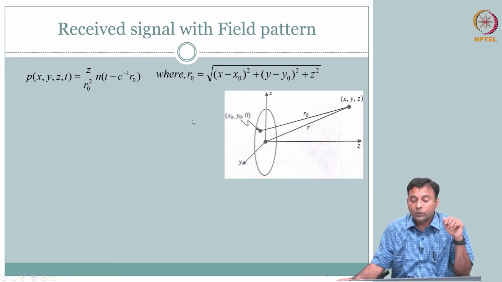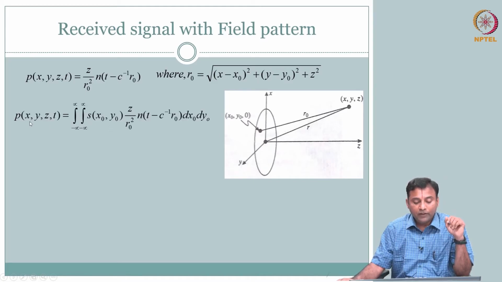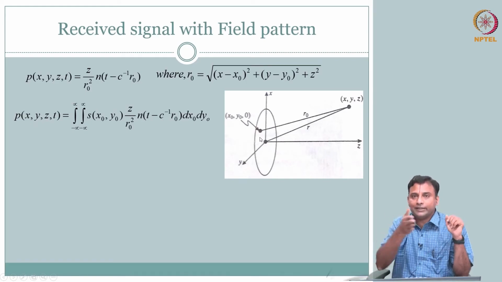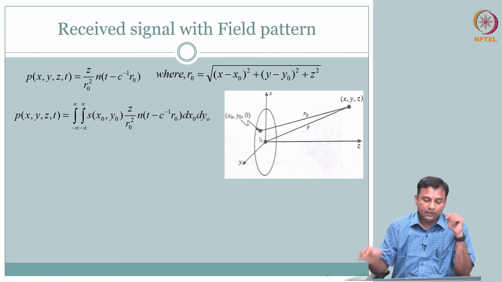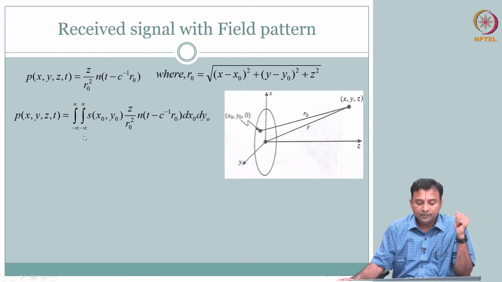So, what happens, this is at 1. So, what we can do is we can write for a collection. If you have, this is the surface of the transducer. If one point, because of one point at P, X, Y, Z, you are experiencing this pressure, we could then talk about P of X, Y, Z, T from all the points, because you are exciting the whole surface. If that is done, it is a net sum from all of the